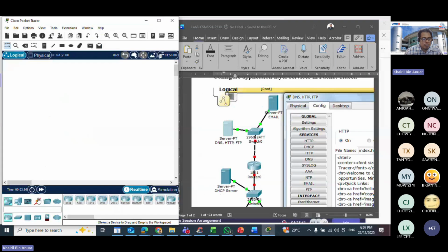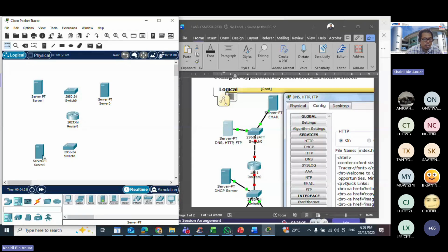Start perhaps with the router. Usually I select this second router. Then the switches: 2 switches, one at the top and another one below the router. Then you have a server, server 1, another server over here, and the DHCP server over here. Then you need one PC over here and another PC over here, and then make the connections.